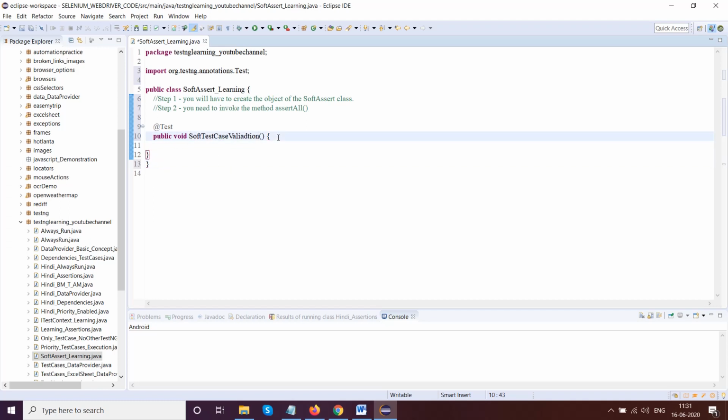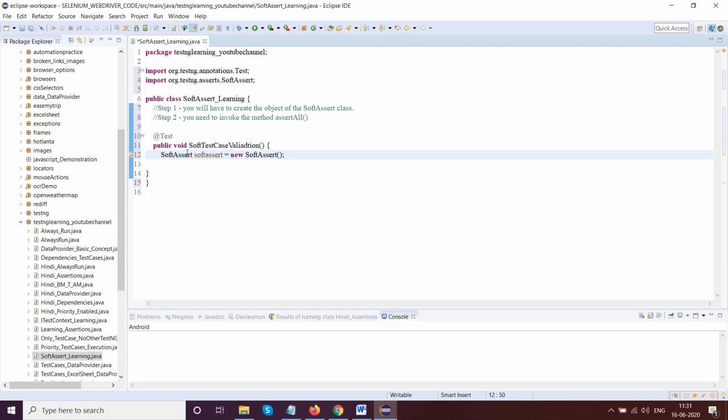Now I will show you how exactly we do this. First and foremost step, you have to create the object of the soft assert class. So you can write SoftAssert softAssert equal to new SoftAssert, and then you have to import it from the TestNG org package, org.testng.asserts.SoftAssert.